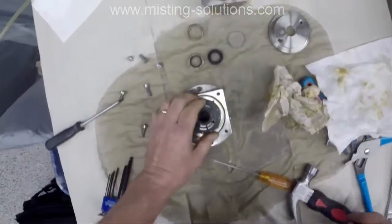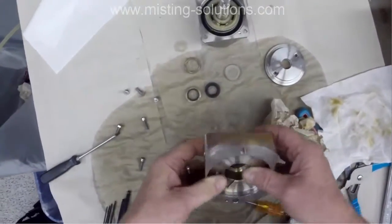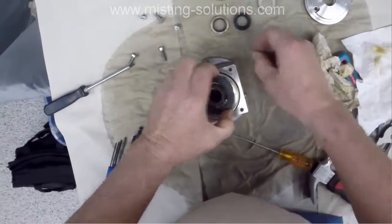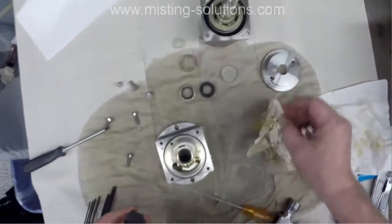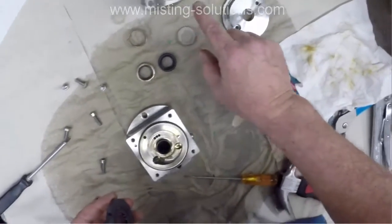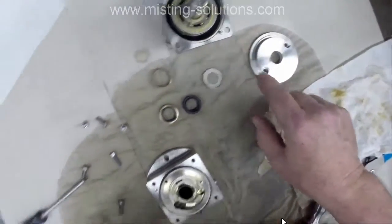So we are getting to a degree towards the end of the video. Again, what I'm doing is putting this back together. Pin alignment, again, there's the pin. There's the other pin that I showed you at the beginning of the movie. And that lines up with,